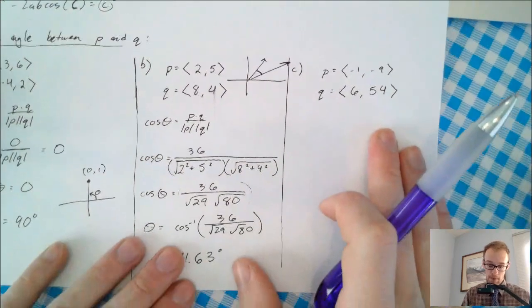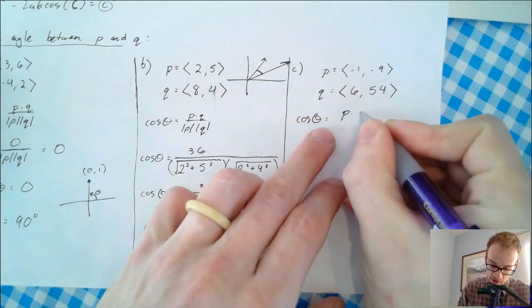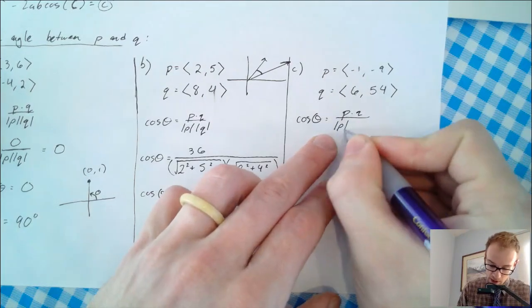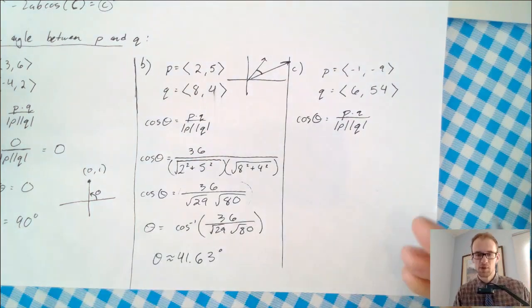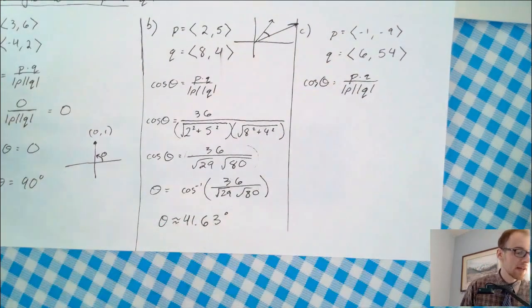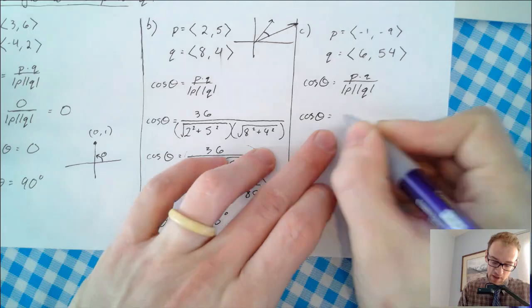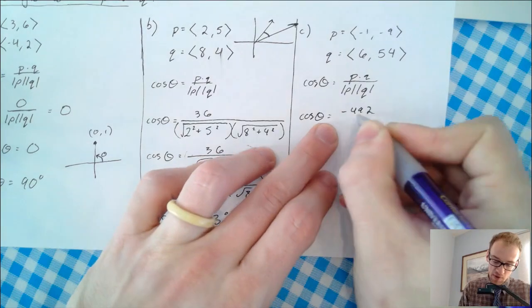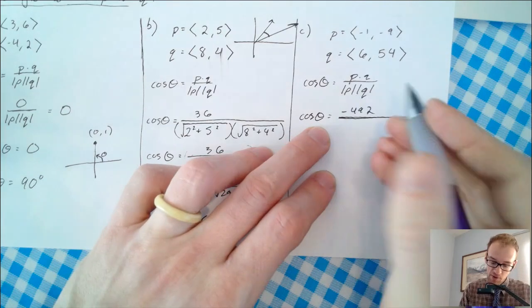Okay, I'm going to use the same formula. Cosine of theta equals P dot Q over magnitude of P, magnitude of Q. Last episode, we calculated the dot product to be negative 492. So cosine of theta equals negative 492 over, this is going to be a long over, the magnitude of P,